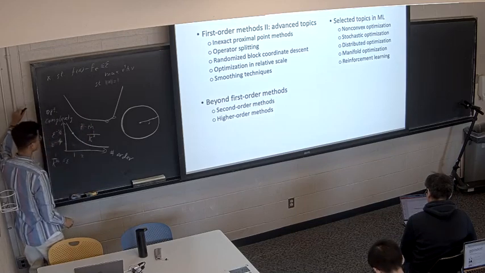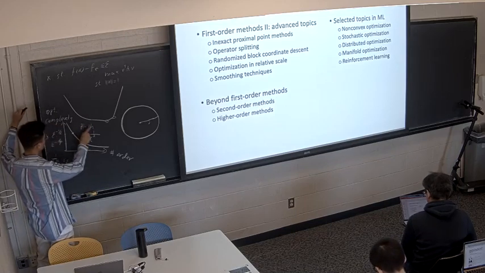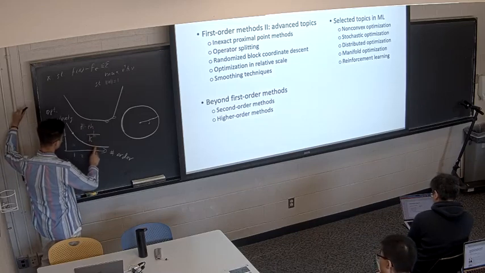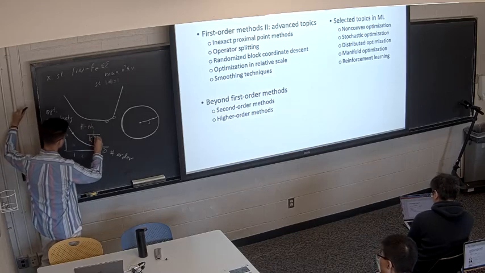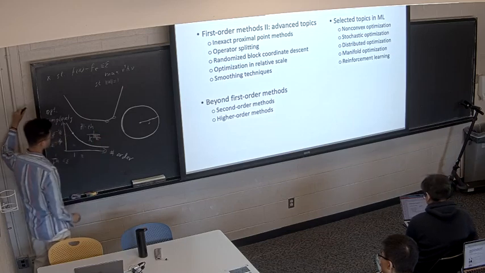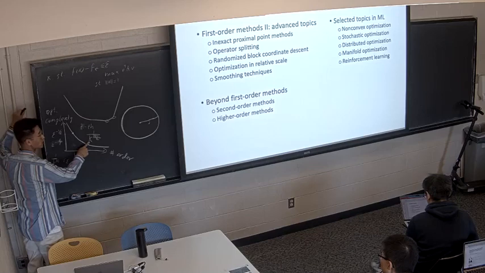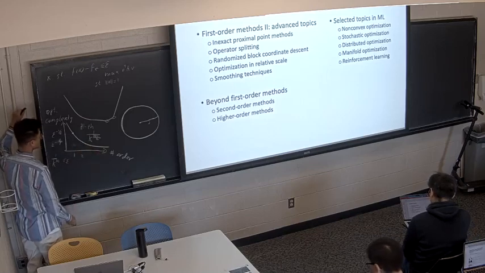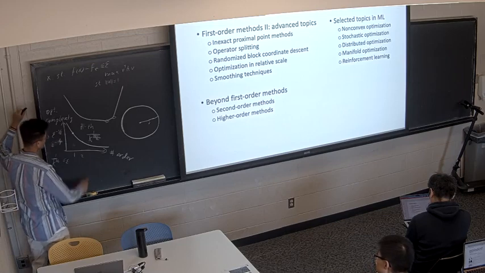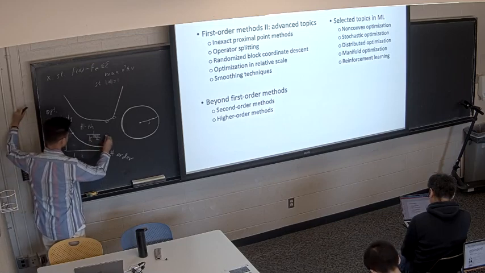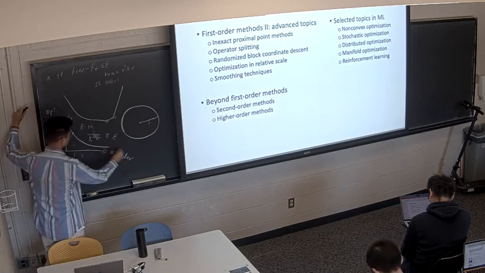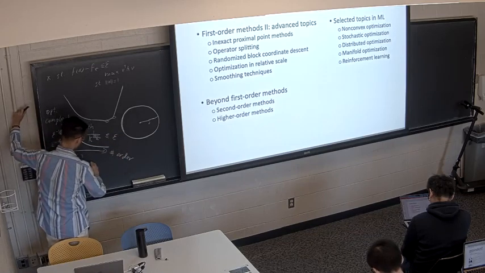P is a positive integer number. So if you want to do a p-th order method, then the convergence rate will be 1/k to the 3p plus 1/2, where k is the number of iterations. This can be translated into iteration complexity. Basically, you want this to be less than or equal to epsilon, and this implies